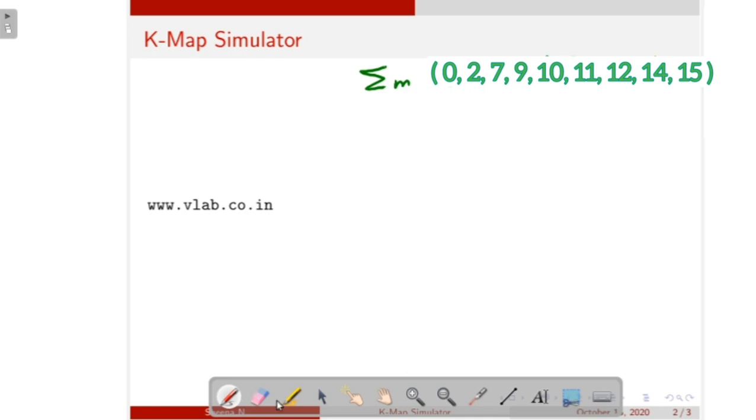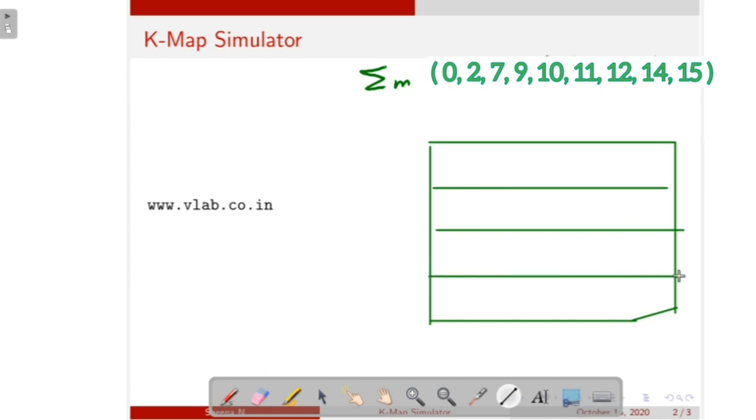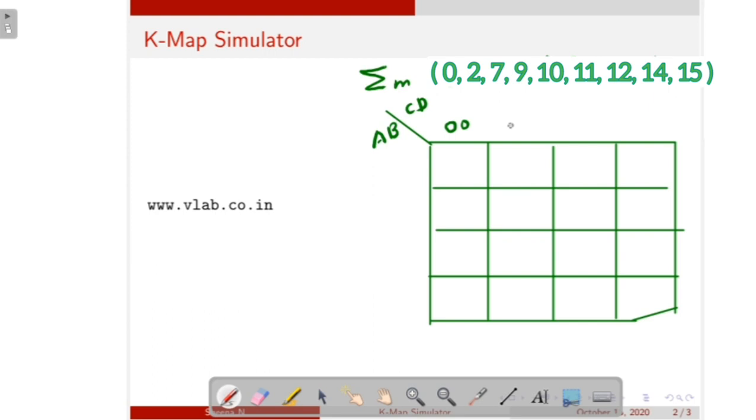So draw the K-map. Here you have variables A, B, C, D, then 0, 0, 0, 1, 1, 1, 1, 0, and here 0, 0, 0, 1, 1, 1, 1, 0.